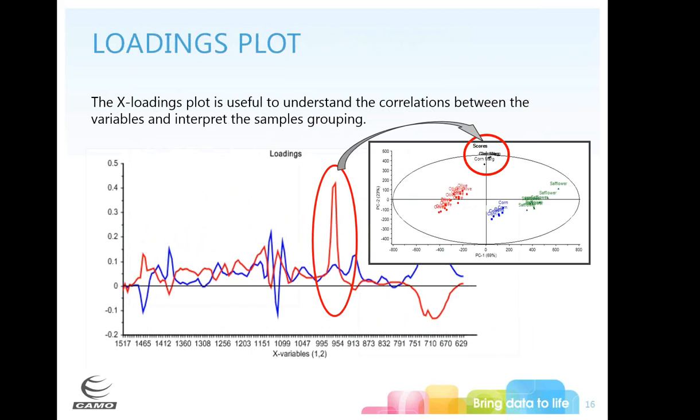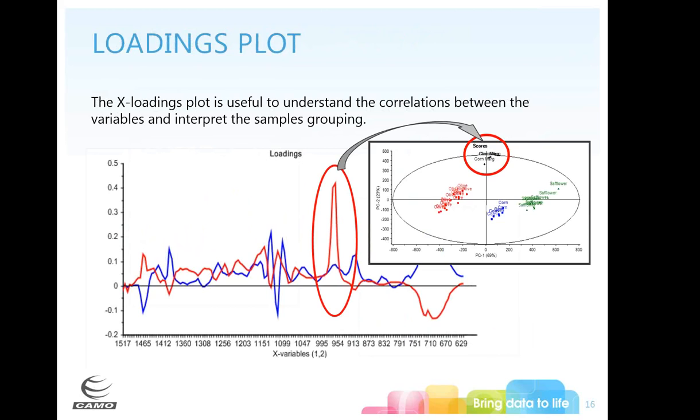This is just a quick overview again of a loadings plot. We look at our loadings and our scores together so that we can see which spectral ranges are causing the separation between different things. So in this case, we're looking at some different oils. We've got olive oil, corn oil, safflower oil, and corn margarine. And what we see is in principal component 2 is what separates out corn margarine from the rest of the